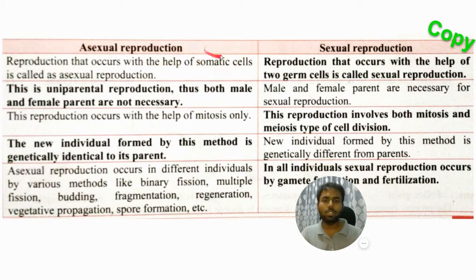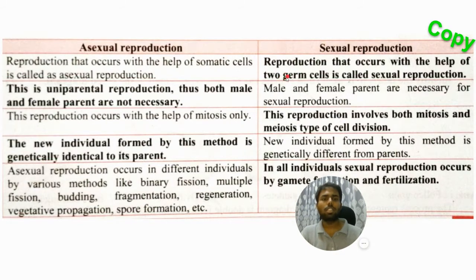तो यहाँ पे अगर somatic cells use हो रहे हैं तो sexual में क्या use होंगे? In sexual, reproduction will happen using two germ cells, or gametes. गैमेट्स भी बोल सकते हो, जर्म सेल्स भी बोल सकते हो, रिप्रोडक्टिव सेल्स भी बोल सकते हो. All of them mean the same. ओके, सो यहाँ पे अगर सोमैटिक सेल्स हो रहा है तो यहाँ पे जर्म सेल से हो रहा है.